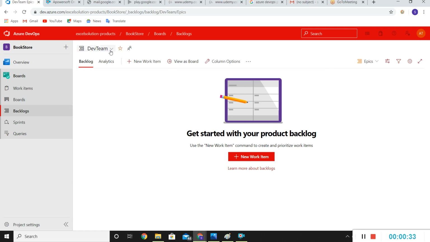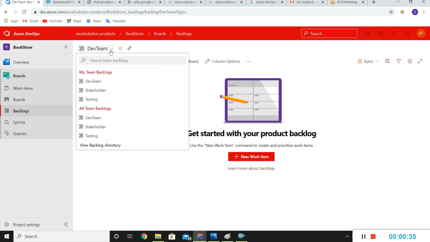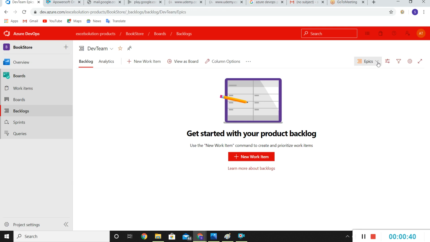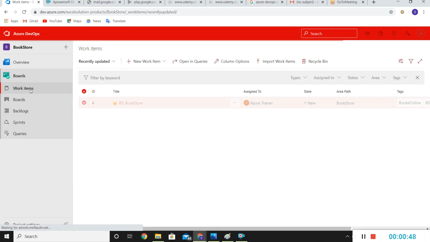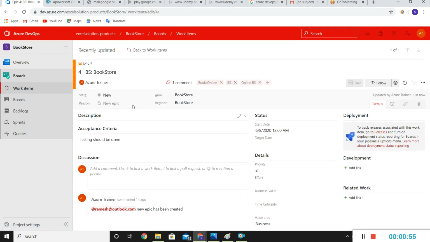Okay, so we have dev team selected and here we have selected epics. Okay, let's check why it's not appearing. If I go to work items and click on this epic,